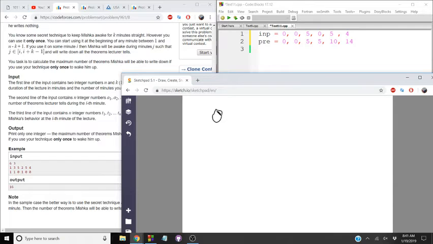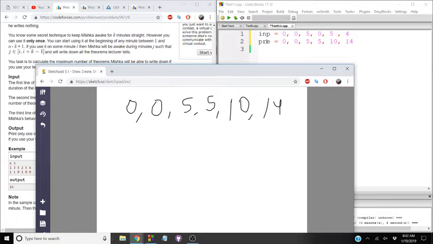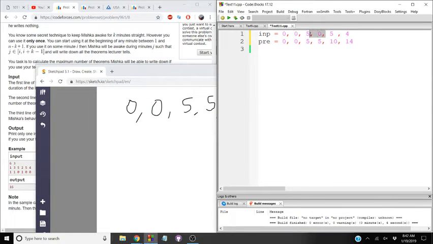So a prefix array looks something like 0, 0, 5, 5, 10, 14. Now, if we want to find the sum of these 3 elements here,